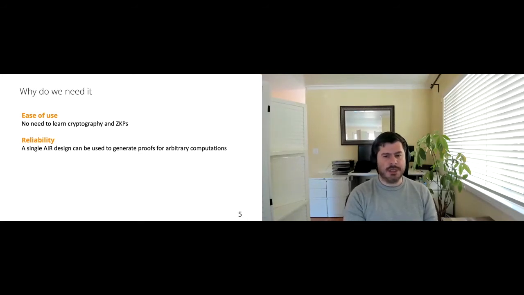This single AIR could be audited. Many people can look at it and understand it. It could get much more review. In a blockchain context, you only need to write one smart contract that verifies this specific AIR. While if you went with the other approach, you might have to write multiple smart contracts, one for each AIR, and things like that. So in this case, it simplifies things from the standpoint of usability and being convinced that what you're using has been